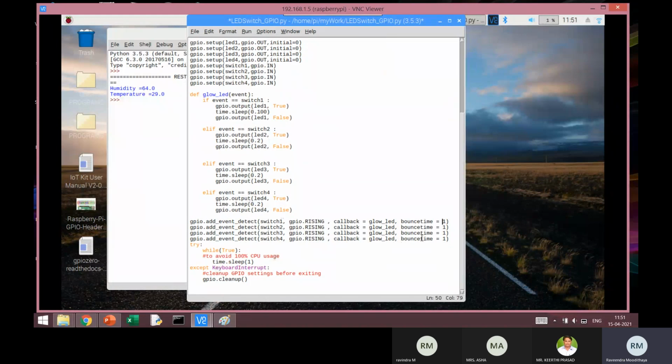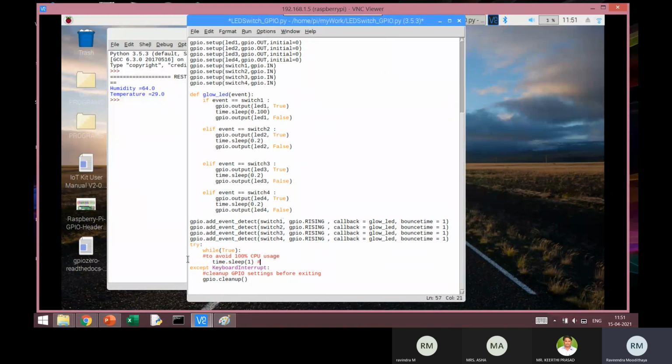Bounce time as a parameter is always interpreted as milliseconds, whereas sleep comes from the time module. Remember that in the very beginning we imported one module called time. So it is time.sleep, and the value set here is 1, which corresponds to 1 second.